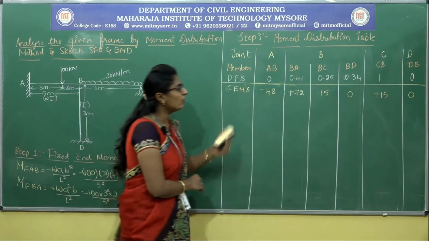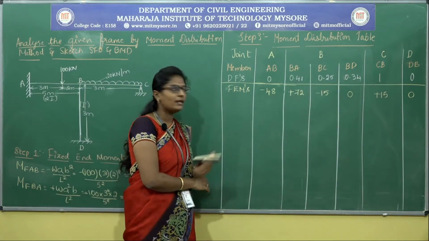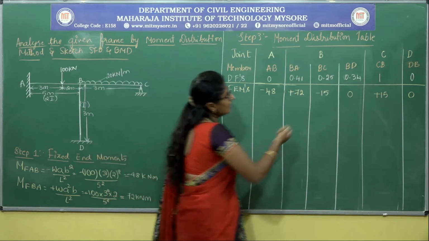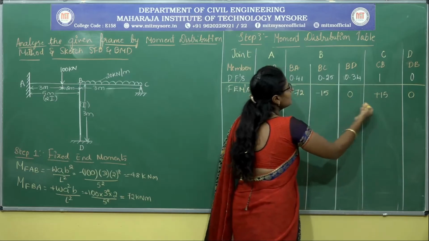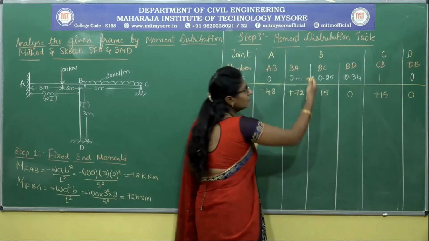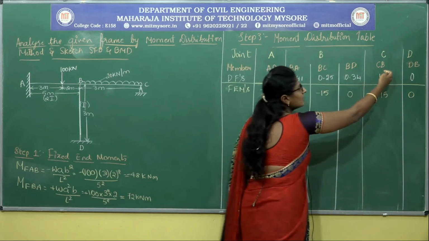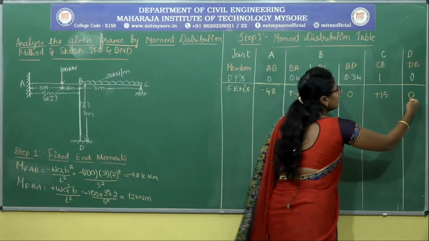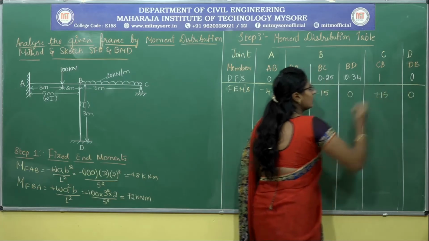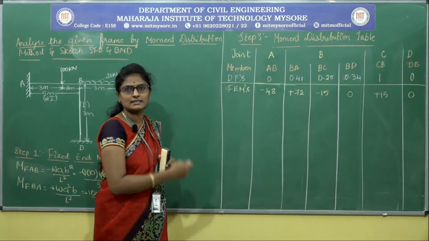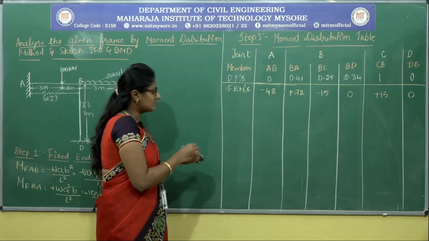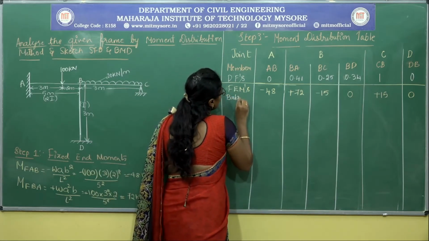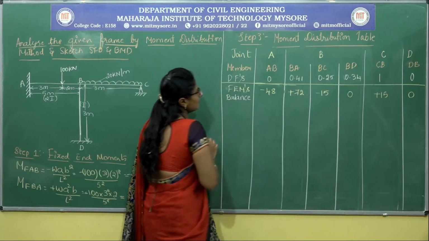So here you have to be more careful while considering a T frame, because while taking down the values you have to concentrate on these members where you write. See, after BC, CB is somewhere here. So while writing down the values, be careful and write it accordingly where the member is. Okay. Next comes the balancing step or the balance step.